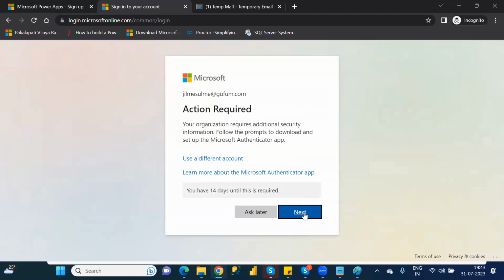For that, in your mobile, in the Play Store, you will have an option called Microsoft Authenticator. In that Microsoft Authenticator, you have to sync this mail ID to the authenticator. Then automatically